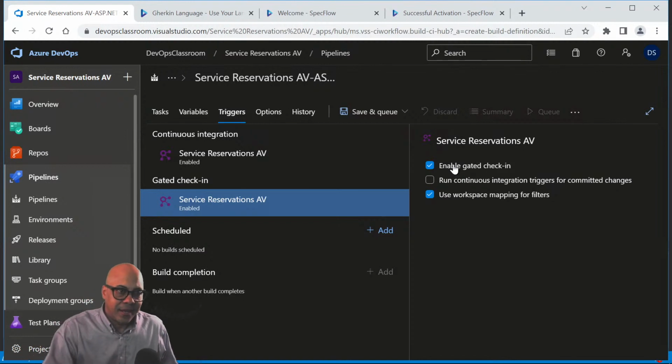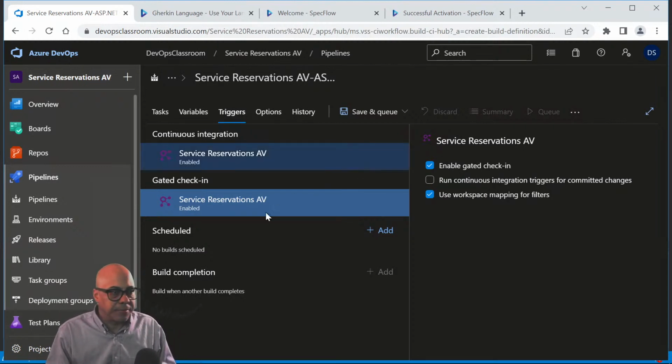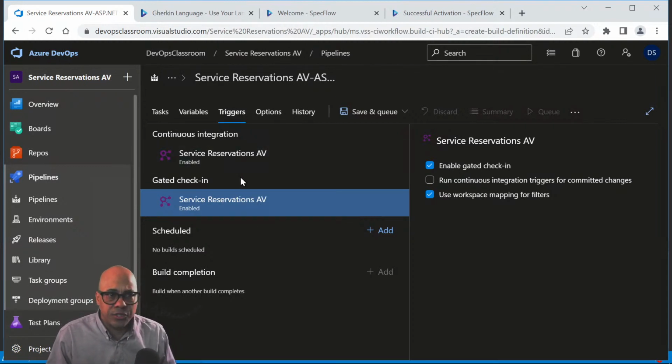But with Git, that step has already been done. So all we can do with Git is, if the local build and test fails, it's already in the local repository, so just don't push it to the remote repository, the repository that's shared with the rest of the team. So it's kind of the same end result, but there's a little more to setting it up. So those are the two things I'm going to change under triggers.